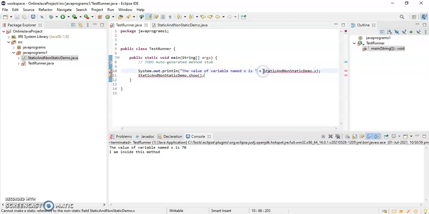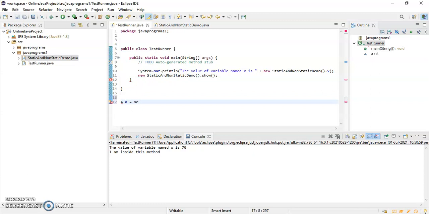So instead of this, I'll write new class name. Similarly here also new class name. That means this is the object, right? As I have already told you, if you are declaring an object like this, a is equal to new A, then this is your object, this is a reference variable, and this is the class name.